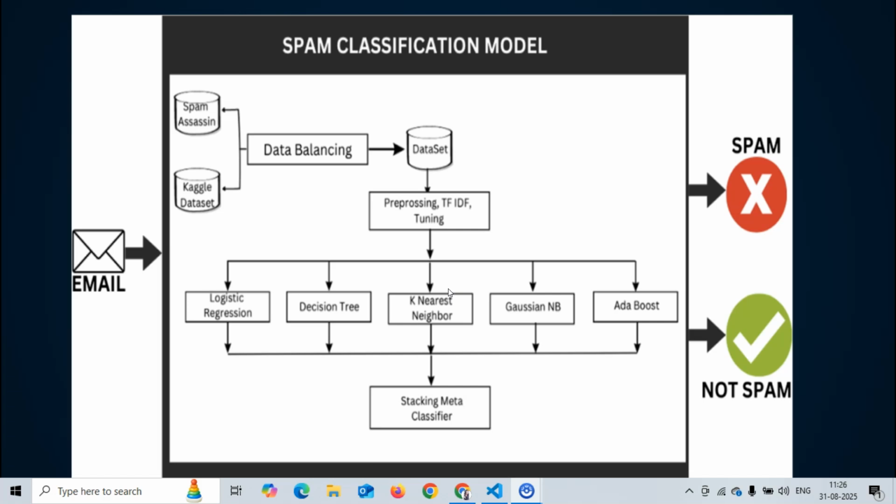Whereas you also receive important emails, like your job notifications, your friends' emails, your job applications, so many different things. In that scenario, where you receive spam as well as important emails in your inbox, you are required to differentiate them, which is basically classifying them as spam versus not spam. If you have a spam email, move it to the spam folder, and if you have a non-spam email, move it to your inbox folder where you have all the important emails together. That is what we want to create with machine learning.